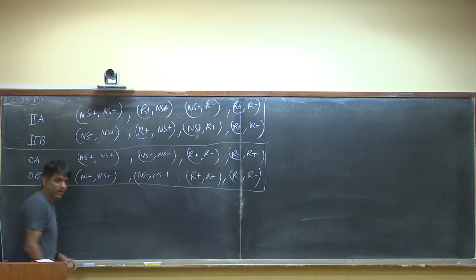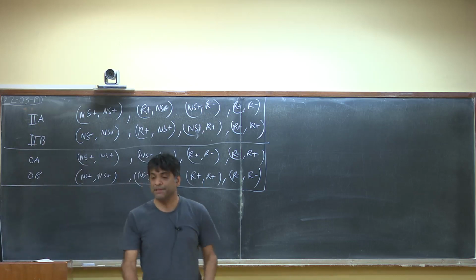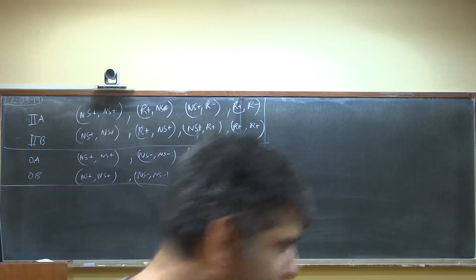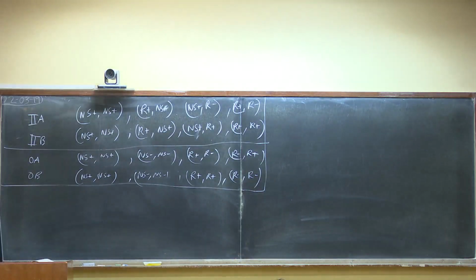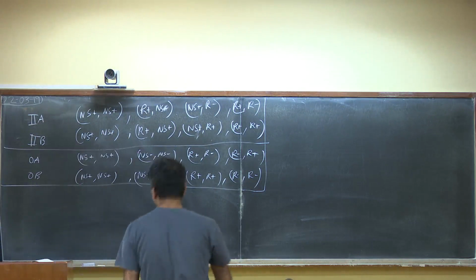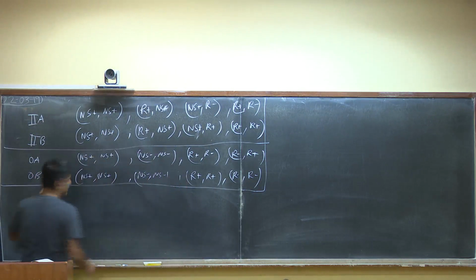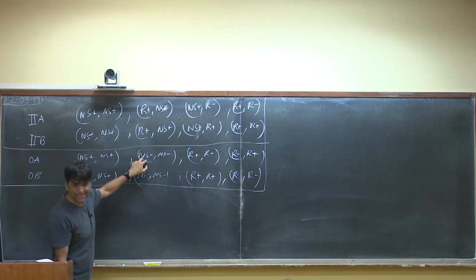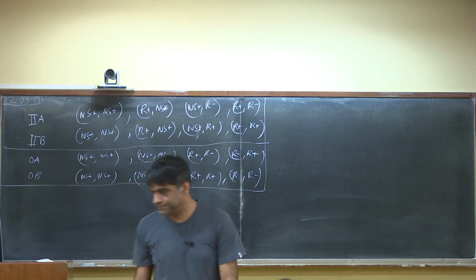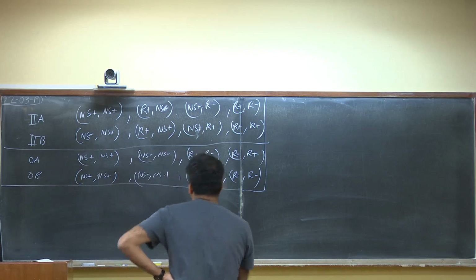Okay? So if we write out the partition function for type 2A or type 2B theory, it will be the product of a left moving partition function times a right moving partition function. On the other hand, if you take the type 0A or 0B theory, you see NS plus appears here, but it's NS minus here. So it's not like NS is always in the plus sector. But in type 2B, yes, you sort of do have that, right?